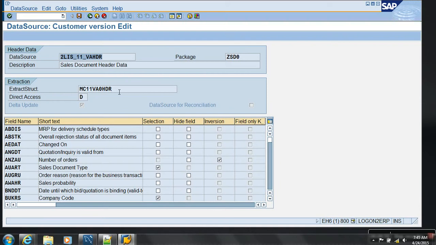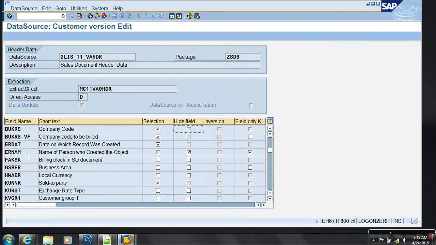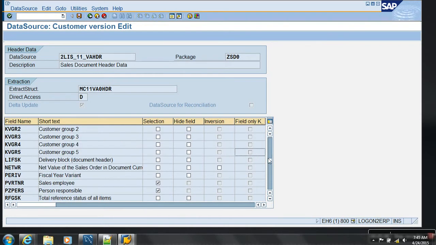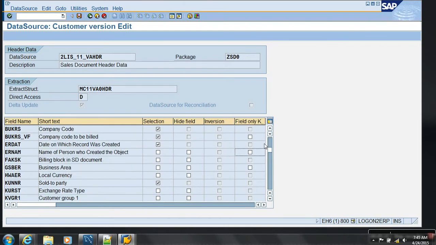This is a data source, extract structure, and supports delta. Now you get to see all the fields. If you don't want any of the ready-made fields, you can say hide, I'm okay. But for all the fields we have explicitly added, by default it will select this hide. So I should deselect this. For bookers it is all fine. For this I should do this. For all the fields we have explicitly moved to extract structure, by default hide is enabled. So deselect that hide. And then say what?